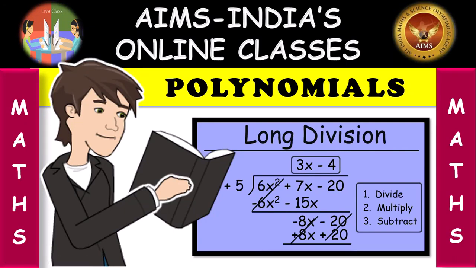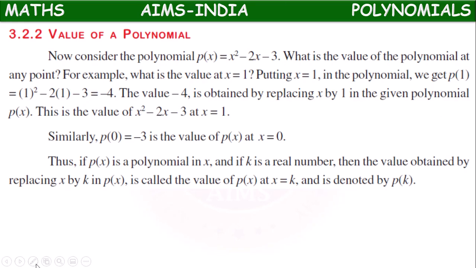Today, from the mathematics subject, we are going to continue with the polynomials topic. Today's concept, children, is regarding the value of a polynomial. Let's take the polynomial p of x, a polynomial defined in the variable x, given as x square minus 2x minus 3. Here the power is 2, here it is 1, and here there is no x, meaning 0. The highest power is 2, so it's a quadratic polynomial.